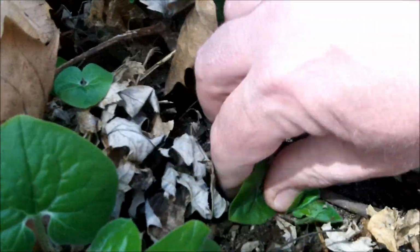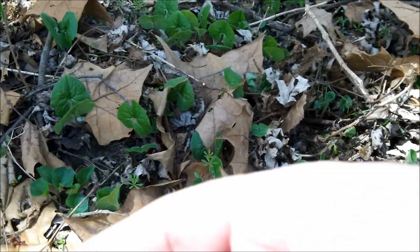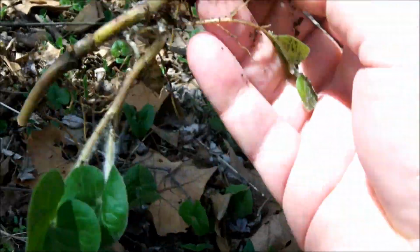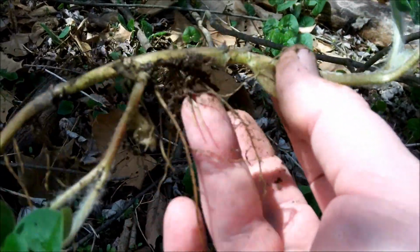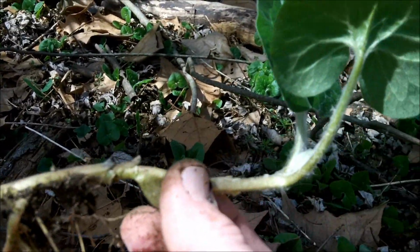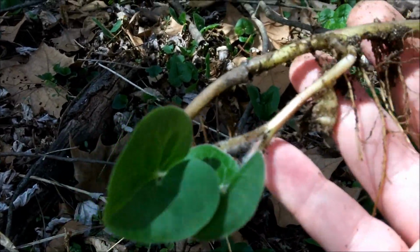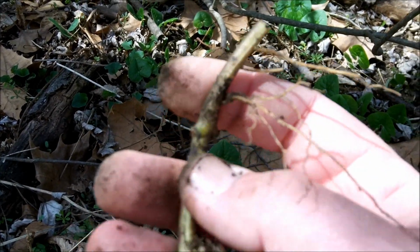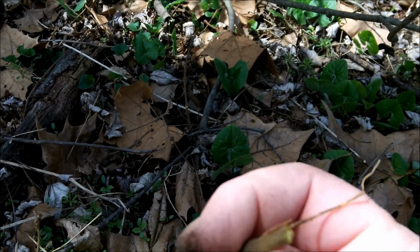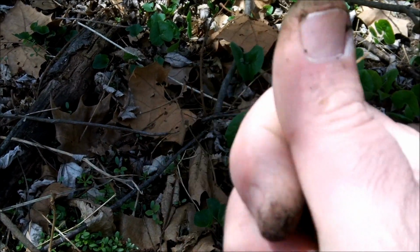I want to try and get back here because I want to get some of the root stock, because we're going to transplant this into our yard. You can see this is how the plant looks as it's growing on the ground. It gets these little roots, and then it just sends off runners and sends up more shoots. Here's another little offshoot just starting. But the root is what we're after. And again, it's not really a root, it's a rhizome, but that's more botanist stuff that we really don't need to get confused with. If we clean this up